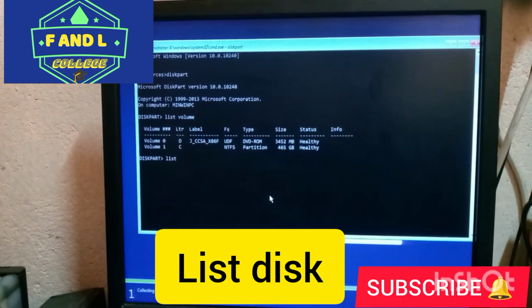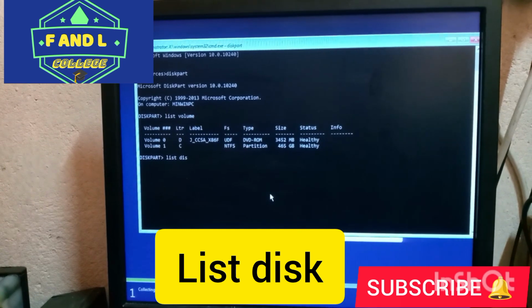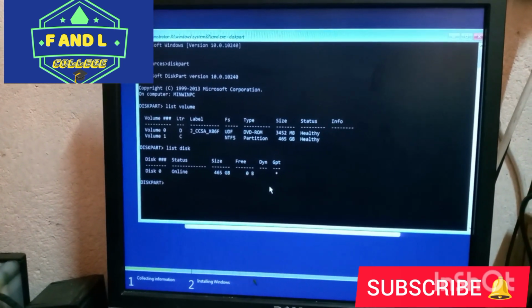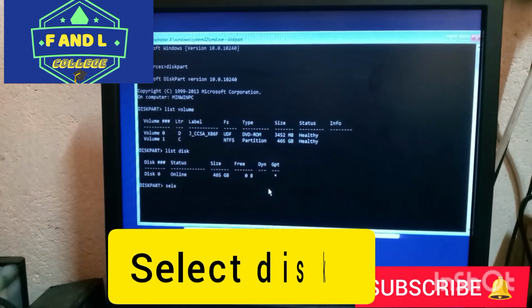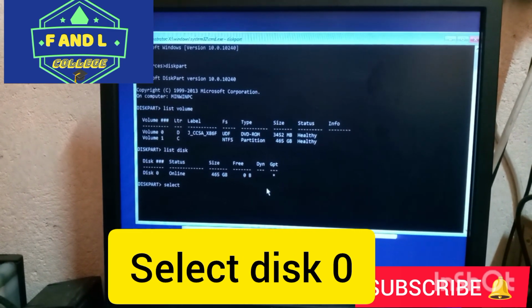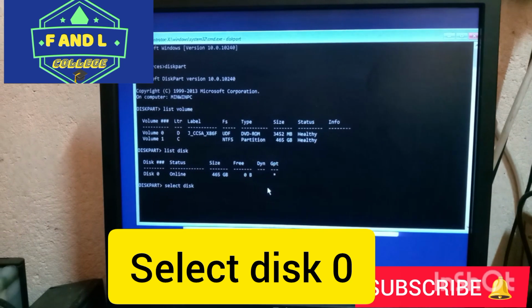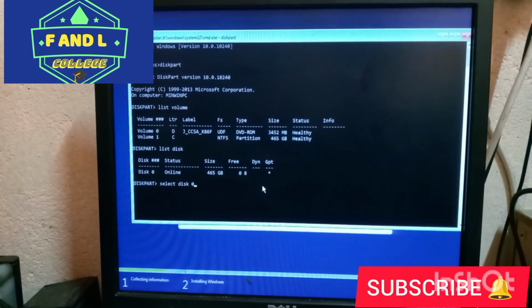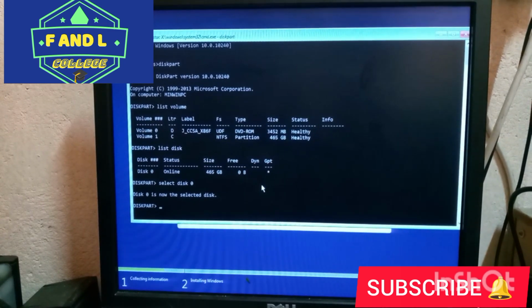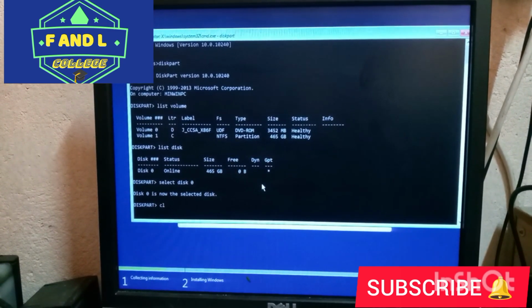List disk, enter. Now you'll select disk 0. Okay, now enter. Disk now selected, so you will clean